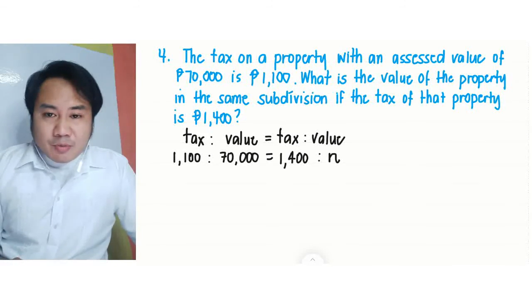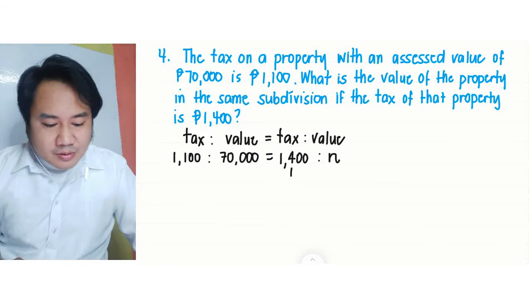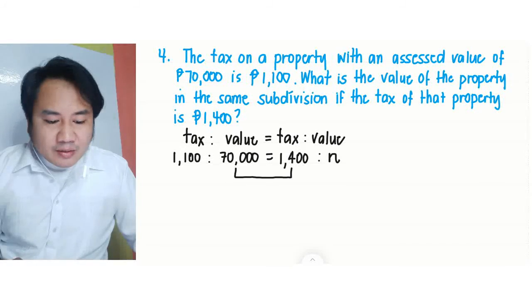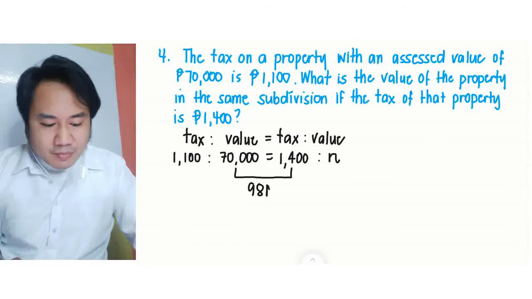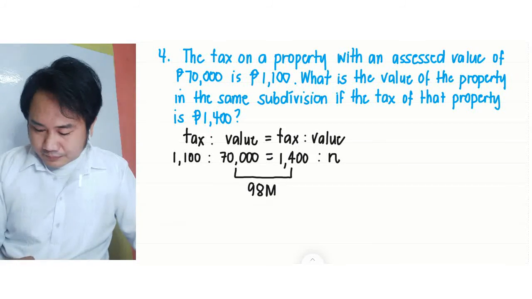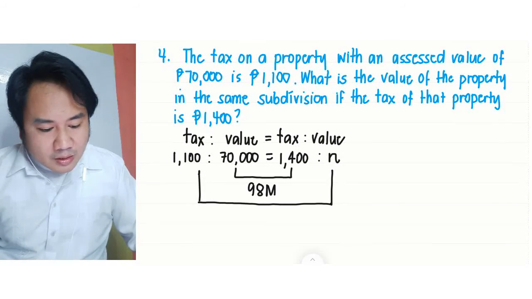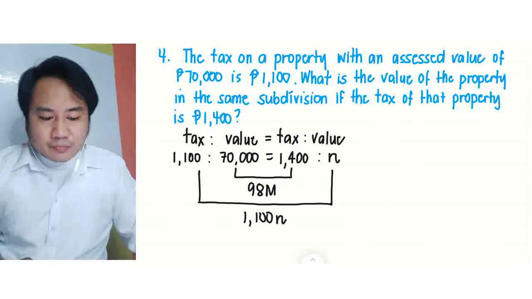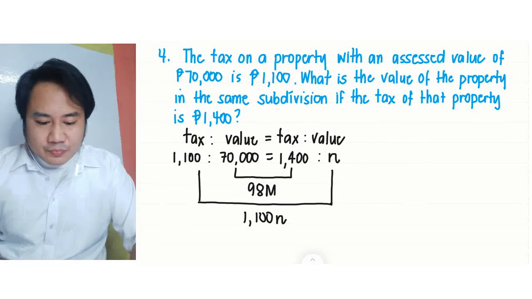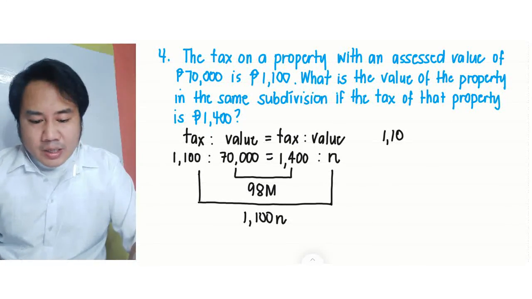So to solve for n, multiply the means and the extremes. 70,000 times 1,400 is equal to 98 million. And then 1,100 times n is 1,100n. Equate the two. 1,100n